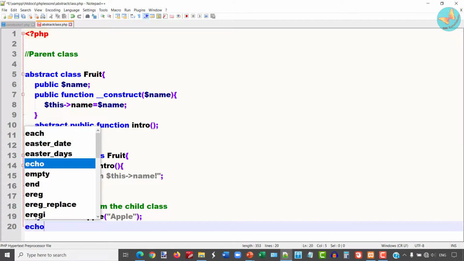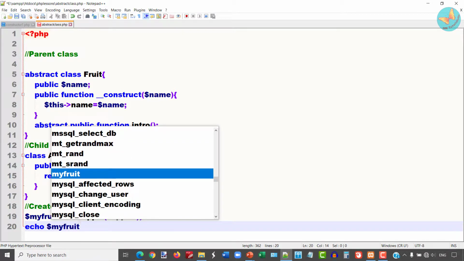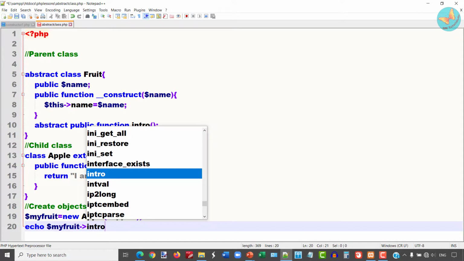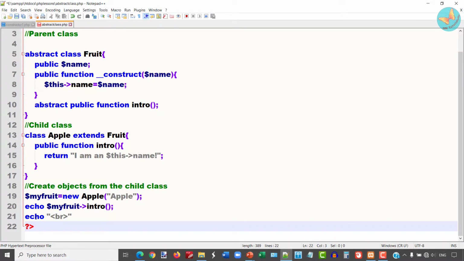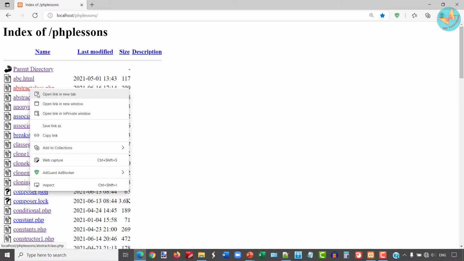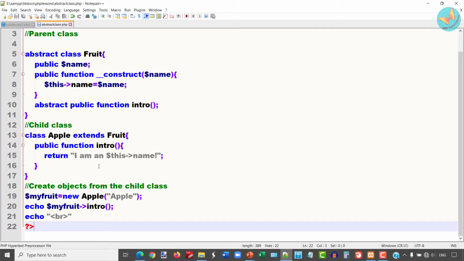Next I'm just going to echo $myfruit and call the intro function, and I'll just put the br statement. I'll close this PHP script. I will save this file with the name abstractclass.php. Now I'll go to my web browser. I'll run this abstractclass.php and note here the output is I am an apple. So this is how you can implement the abstract class.